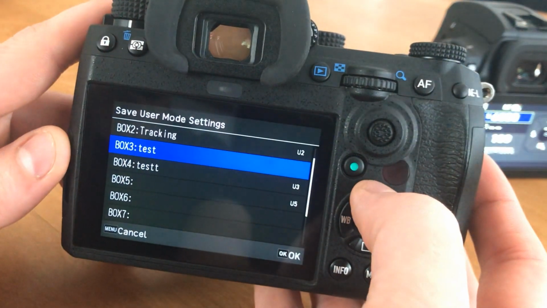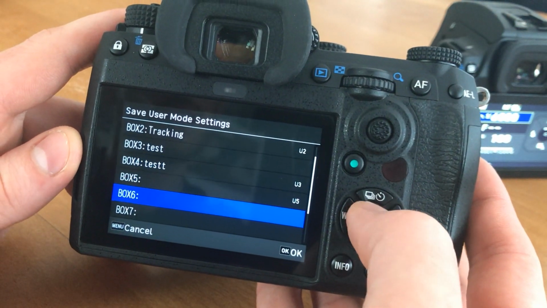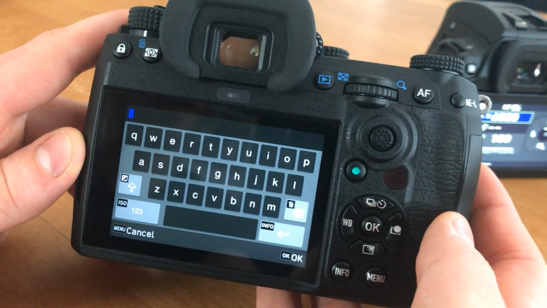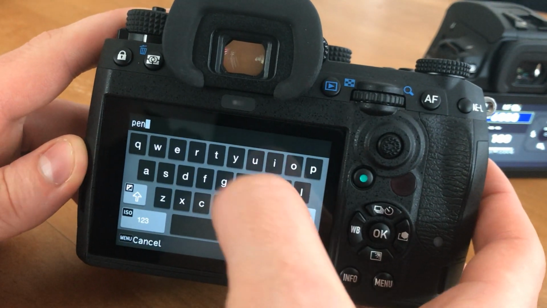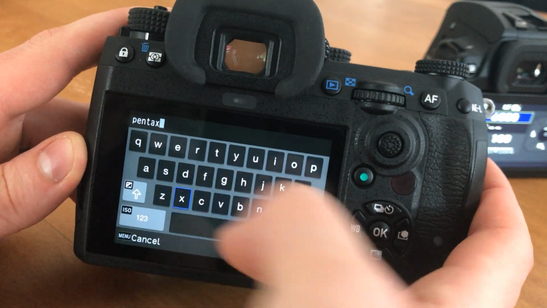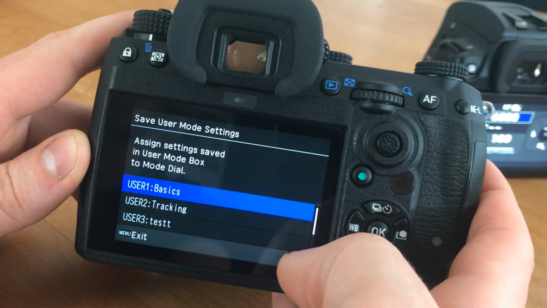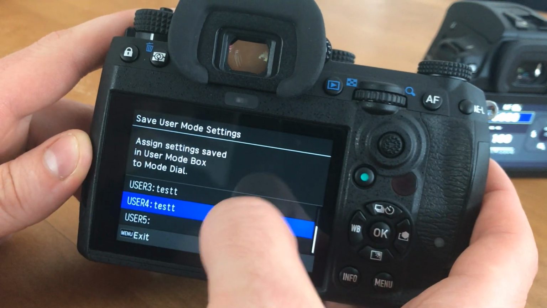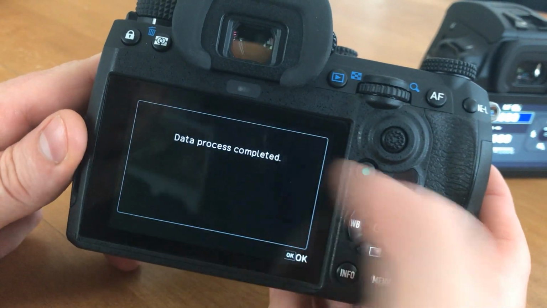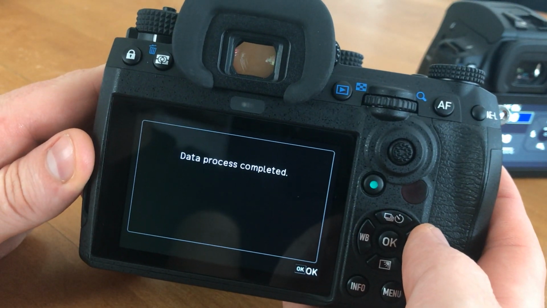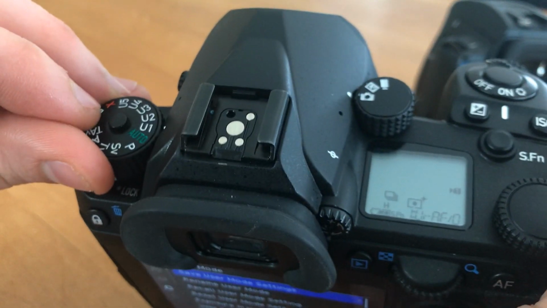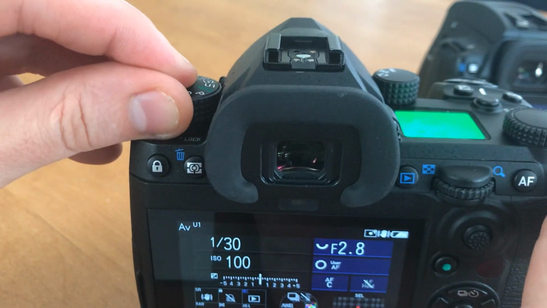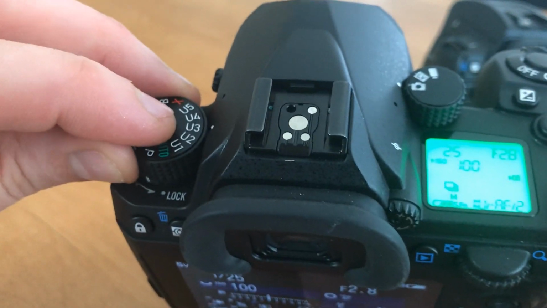Now you can go to one that you want to save. Say I want to save a new one. Enter name. This is a great time to use the touchscreen. It is just an awesome feature for typing to have a touchscreen. You hit OK, and then you have to assign which user setting you want to save it to. Data processing complete. Now whenever you are moving this dial, you get those exact same settings that you had